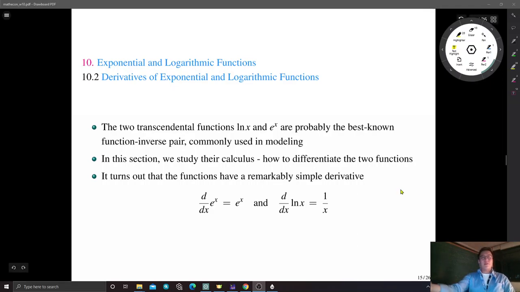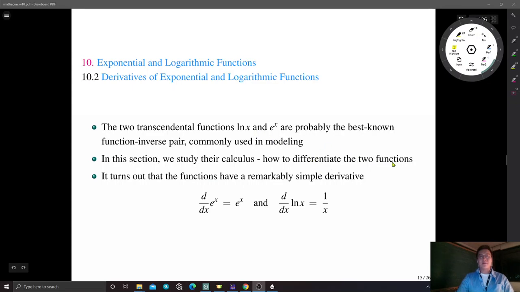Alright, this is the third video of 10th week, and in this video I'm going to illustrate how to take the derivative of exponential and logarithmic functions. So in the previous video I introduced the two transcendental functions, natural logarithm and natural exponential function. And they are presumably the best known function inverse pair and commonly used in modeling, for instance, exponential growth or exponential decay. And in this video, we are going to study their calculus, so how to differentiate natural logarithm